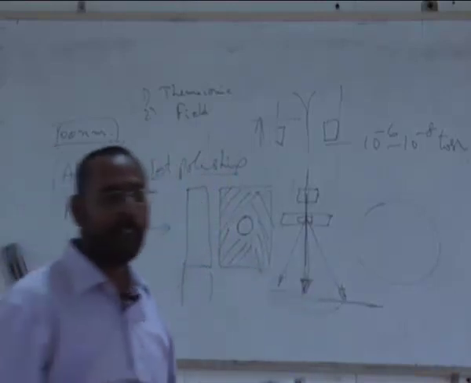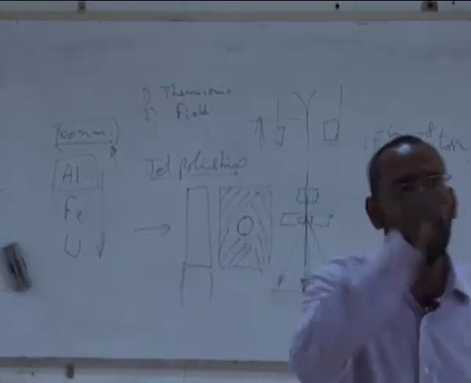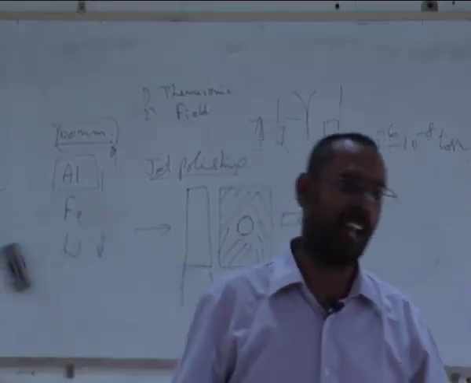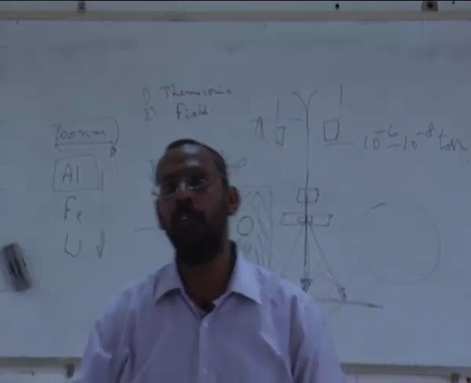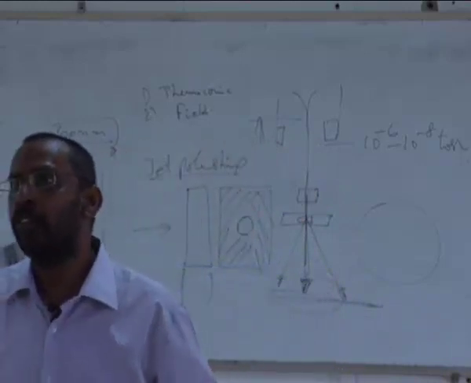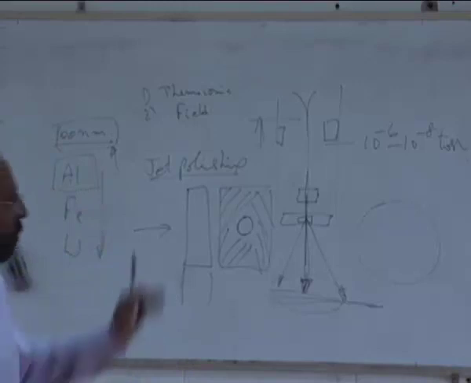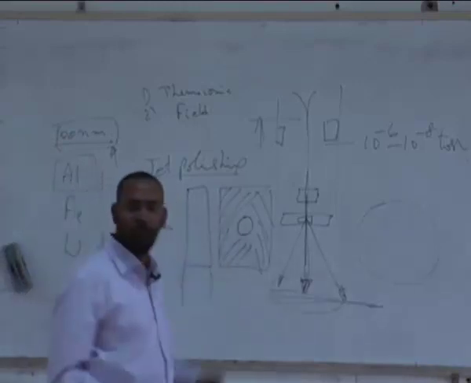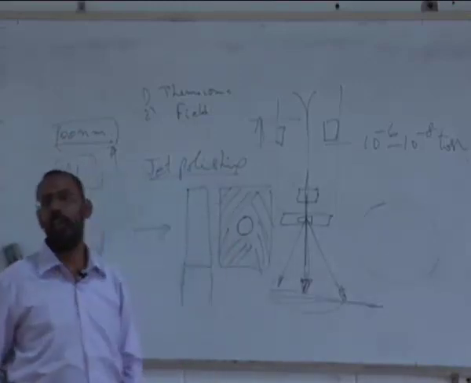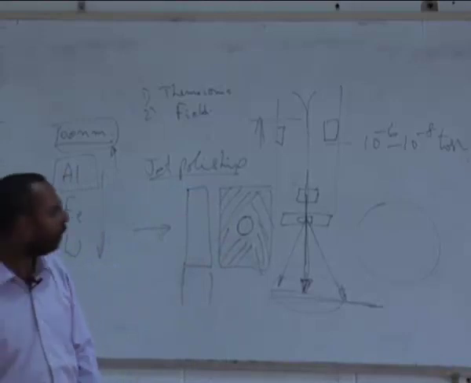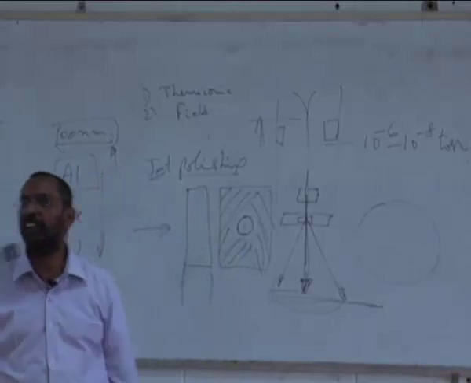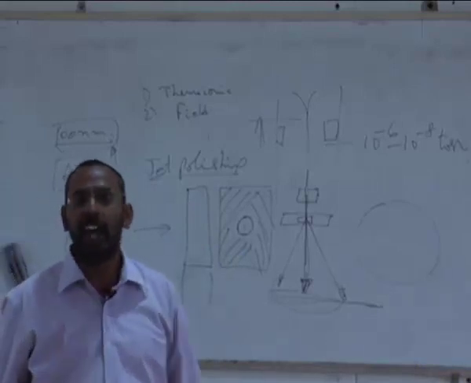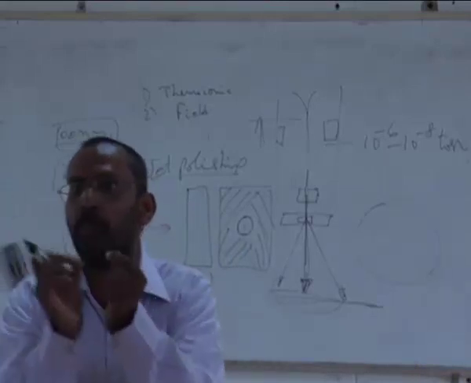Depending on the type of metal that we use, we have different solutions. Even for optical microscopy, you have different etchants for different alloys. Like nital we use for steels. For aluminum alloys, we use Keller's reagent or something like that. So we have different agents for different alloys. Similarly, I can use a different solution and dip this into that. When I dip it, you will see that only this region starts getting dissolved. The rest of the region does not get dissolved. As a result, I am able to dissolve selectively a small region.